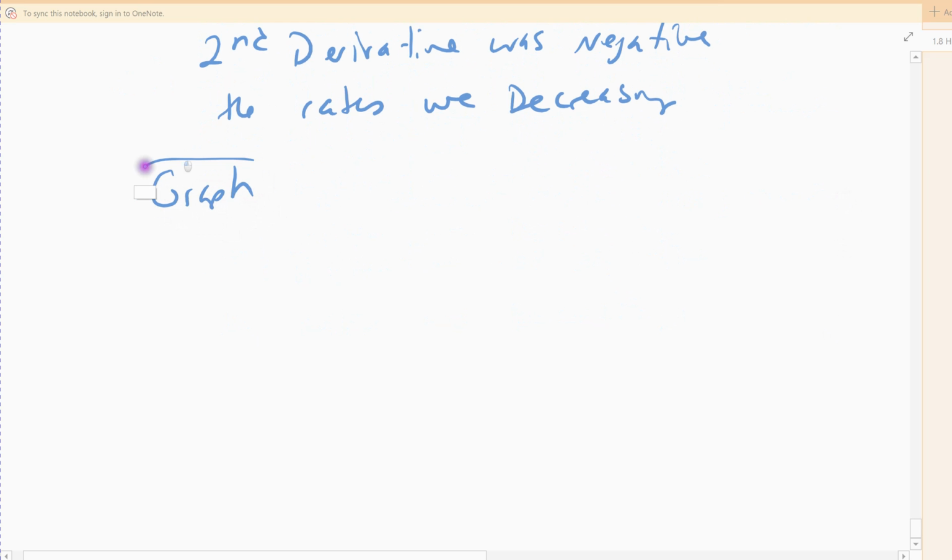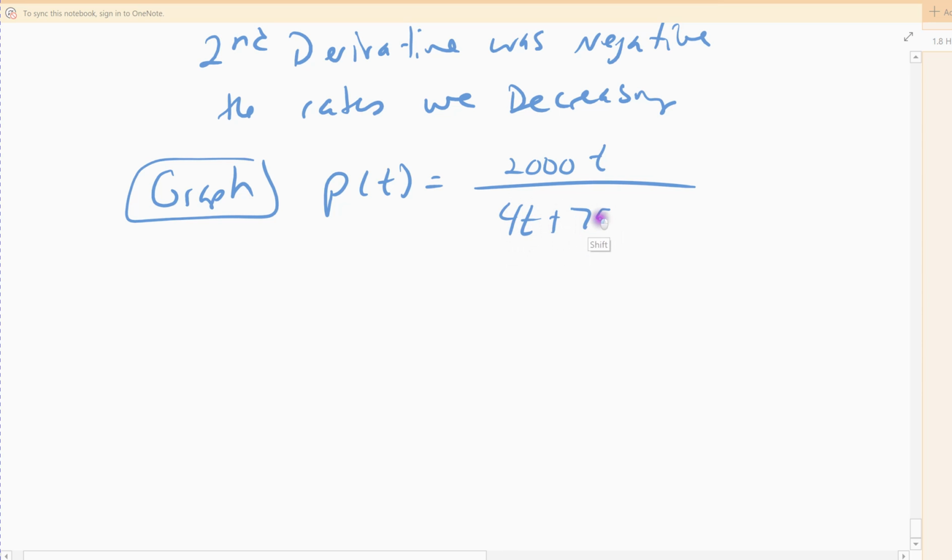So I'm just going to pop it up here. You can graph it on your own calculator if you want to. So I'm going to graph the original P of t function, which was 2000t divided by 4t plus 75. All right, now I'm going to just graph it in a window where deer population should be positive, time should be positive. And so I'm going to let my x max, right, I want to make sure I go out to 100, so I'll probably do my x max 150, my x min, I might just do -2 so I can see my axes, my y max, you know, I